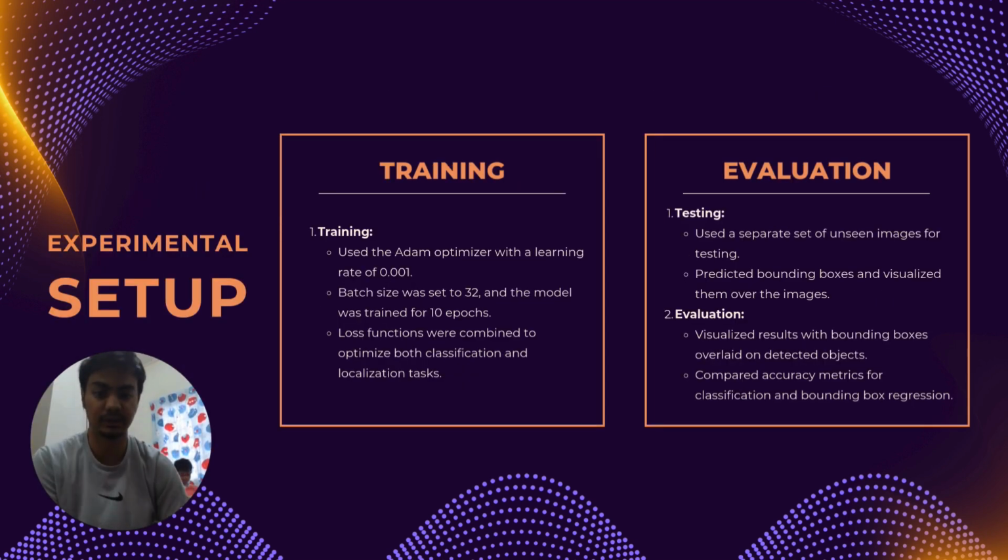Explaining the experimental setup. For the training part, we started with the training phase, which focused on teaching the model to classify objects and predict their bounding boxes. To make the training effective, we set the learning rate to 0.001. This ensures a good balance between speed and stability during the training process. We used a batch size of 32, which made the training more efficient and stable. And the model was trained for 10 epochs, meaning it went through the dataset 10 times to learn patterns and